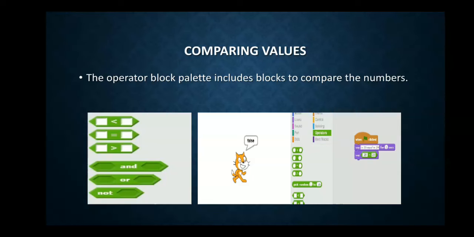In this example, you can see one more thing. We use the operator blocks with the help of the looks block, and first we use the motion block. Using drag and drop, we drag the operator block for comparing numbers into the looks block, and then it performs the action. You can see in the example, when we compare the numbers 25 and 29 for equality, it gives a false result because 25 is not equal to 29.